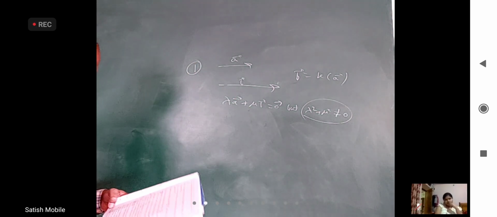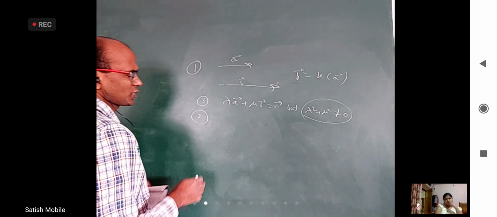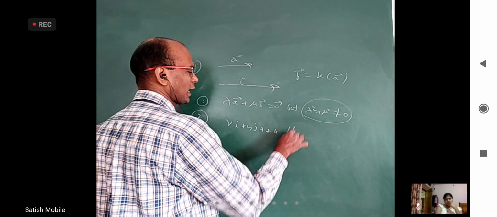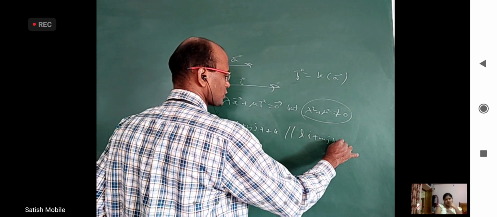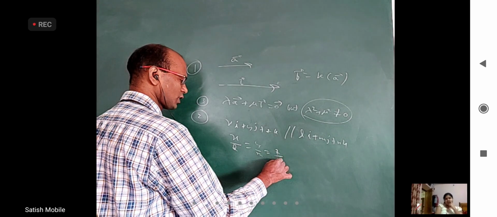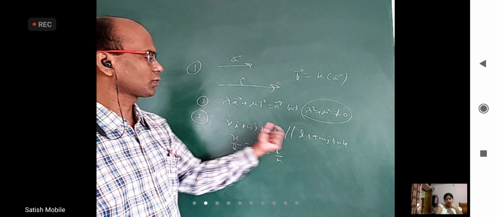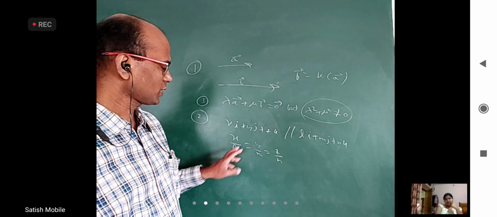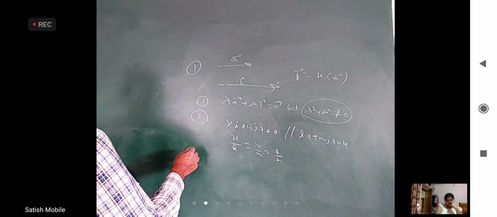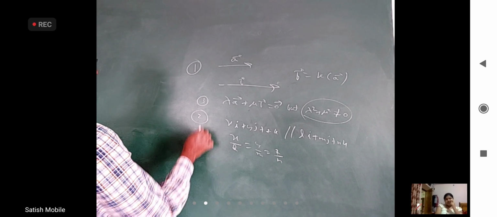Okay, these are the two things we discussed yesterday. The second point we discussed is whenever you have xi plus yj plus zk parallel to li plus mj plus nk, I can write x by l is equal to y by m equal to z by n. The ratios are equal, which also came from this only. You take this equal to k times this and compare the coefficients, you will get all these things. So almost same as this point.